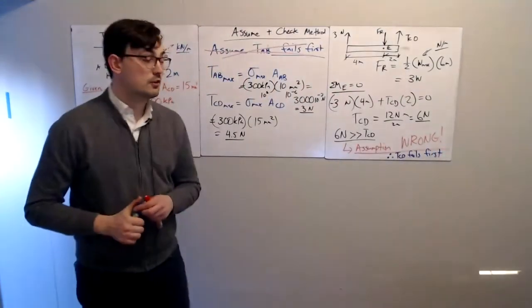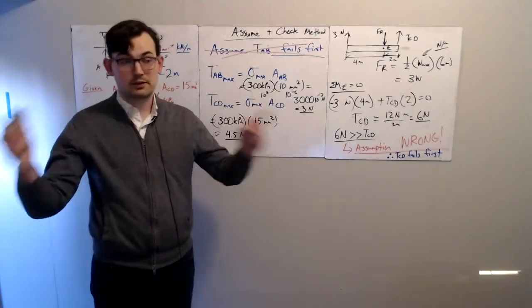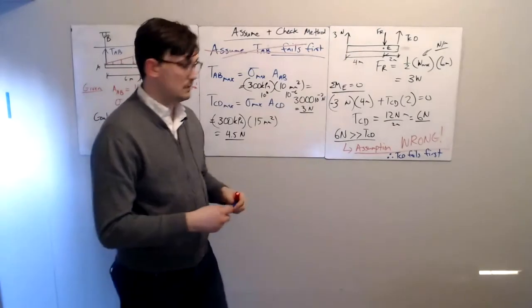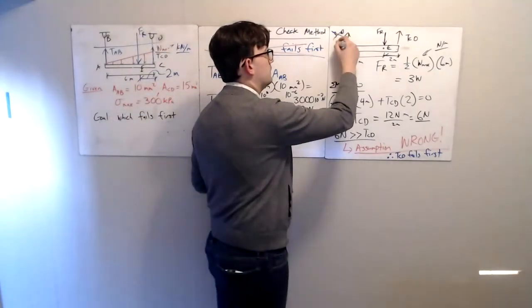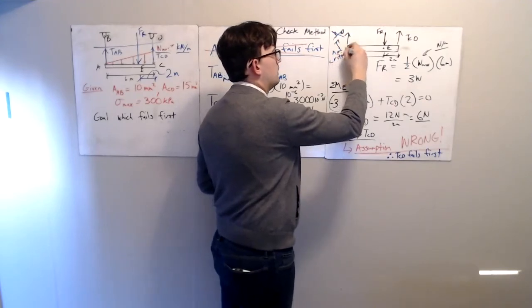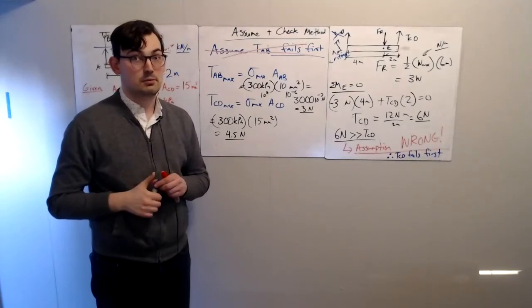TCD has got to fail first. Because now that we've proven this wrong, there's only 2 options. One of them fails, the other one fails. I know that this one is not it. This is not the one that fails. This is not critical. I know that TCD has to be the failure point, and from there I can very simply solve the problem,